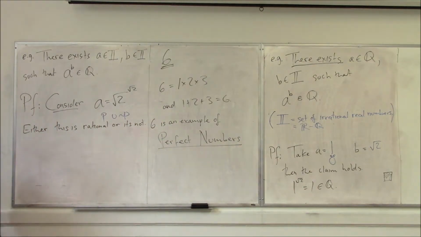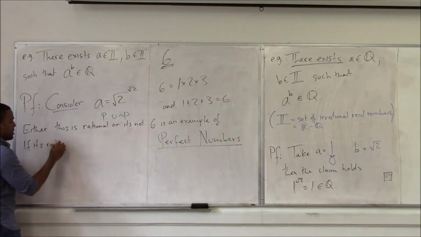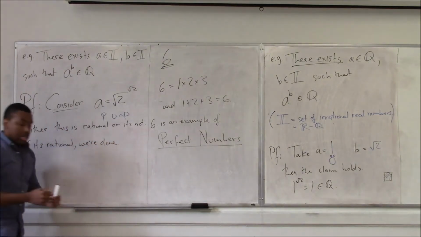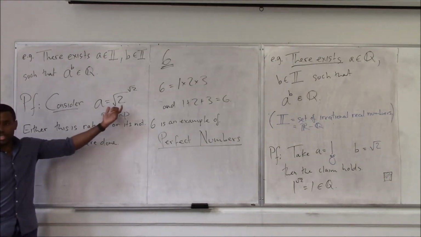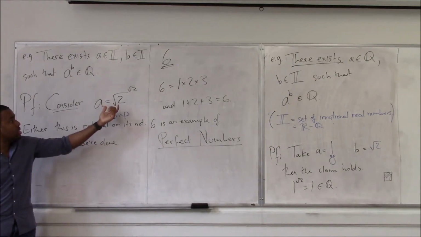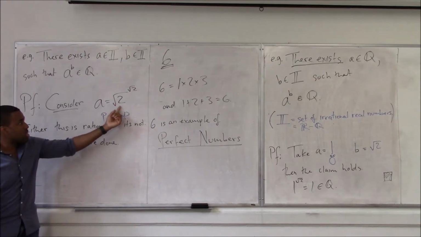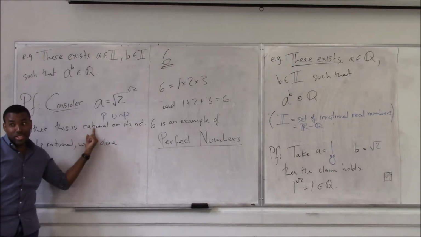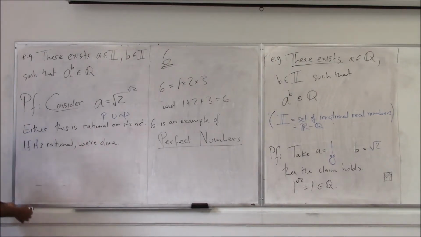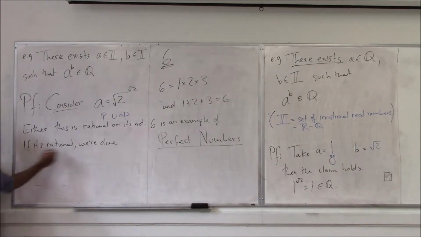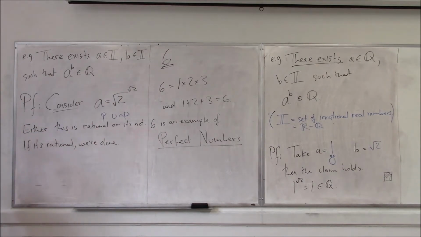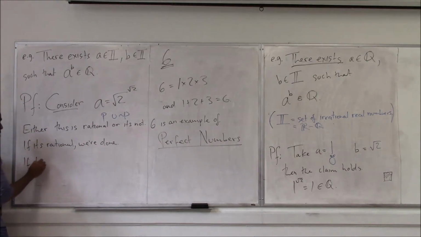How does that help me? Okay, so now they're going to say, if it's rational, we're done. Now, they're saying radical 2 is clearly irrational. We'll prove that, by the way. And so I just took an irrational number, raised to an irrational number, and I got a rational number, in the event that it's rational. So if it ends up rational, we're done because I found an example that fills the claim. If it is not rational, though,